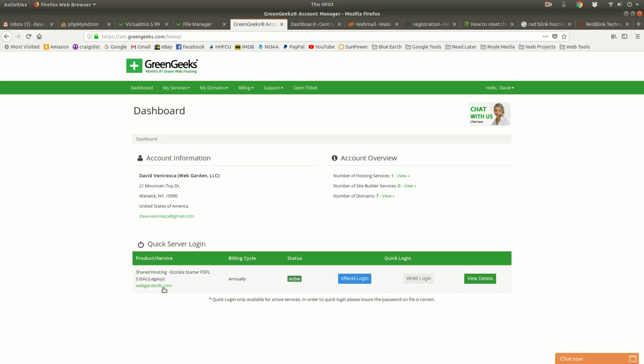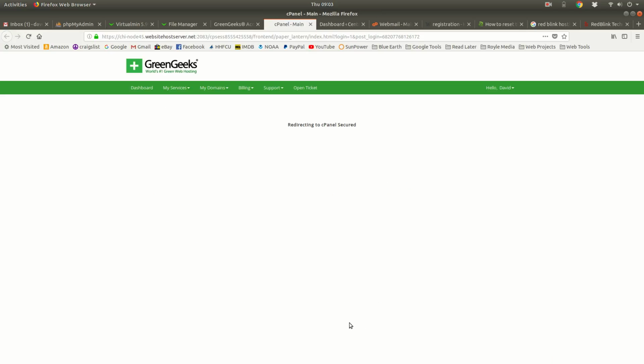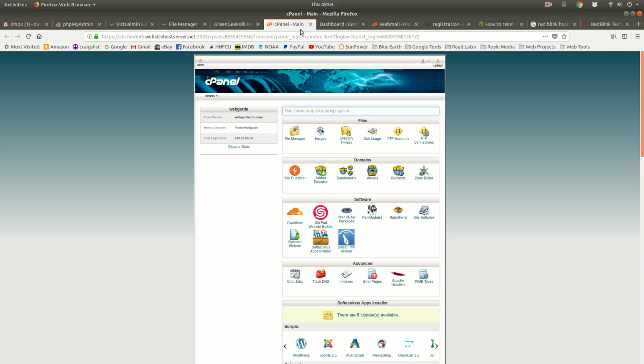So if I had added some other website, or I had a second business, I could actually add a second shared hosting account, which would appear right here in line as part of this table. And it would have its own separate cPanel. But anyway, let's take a look at what a cPanel is. This is a typical cPanel